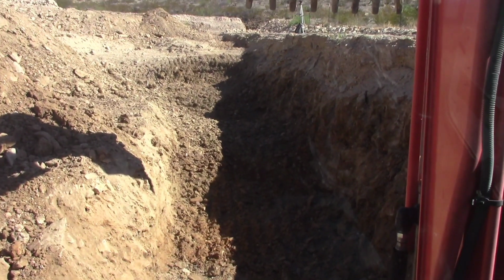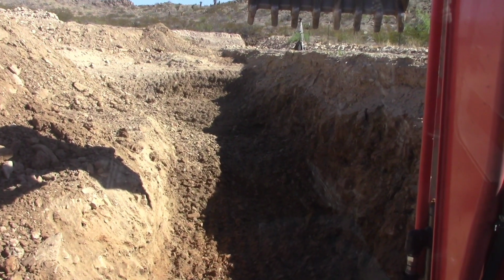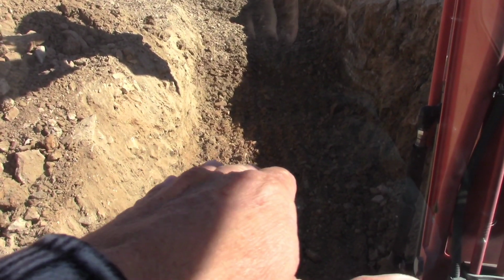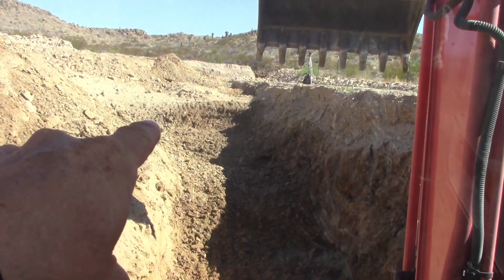Right there, that's all fractured rock. I'm gonna have to get the frost ripper out. I'll break it up before I can get it out of there. I'm gonna go ahead and dig it down to this grade all the way back to where it steps up again,